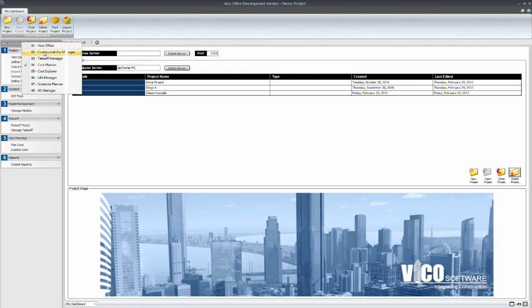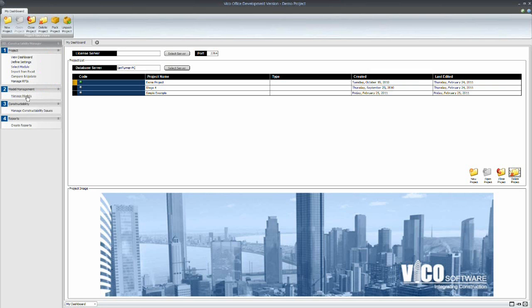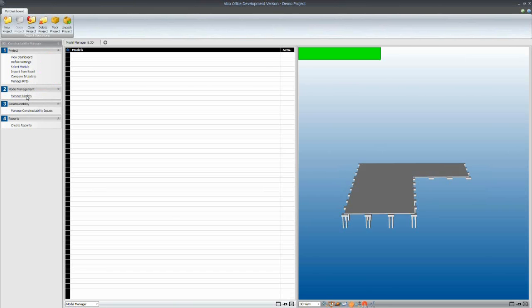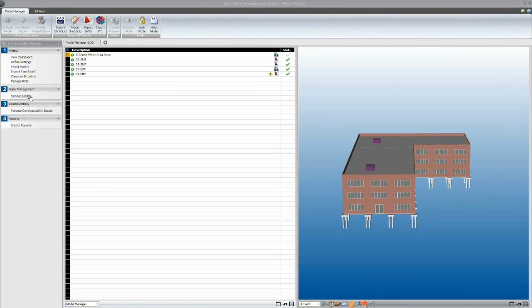Okay, so actually I'll show you, I've got the Constructability Manager. This example's got some more models in here. Again, it's a very simple building, but you can see how we're mixing and matching. These little icons, this is an ArchiCAD model, these two are Revit, this is Revit, and this is ArchiCAD